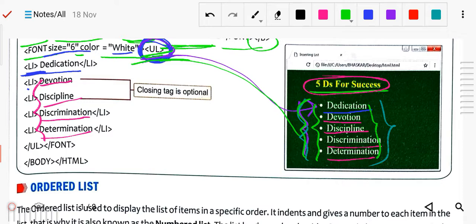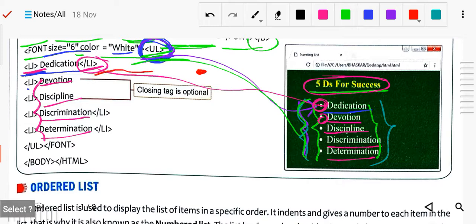As I told you, if the attribute of this list is not defined, by default it will look like this, with dots, meaning bulleted items will be shown. This will be the default if the list attribute is not defined.